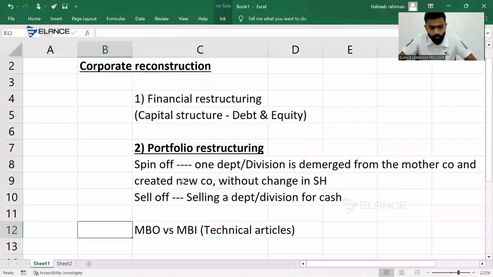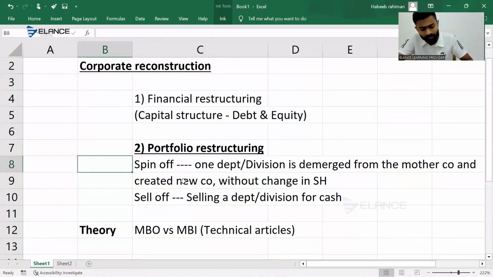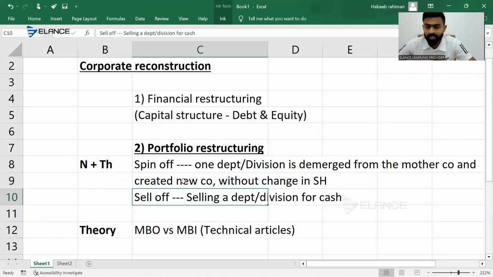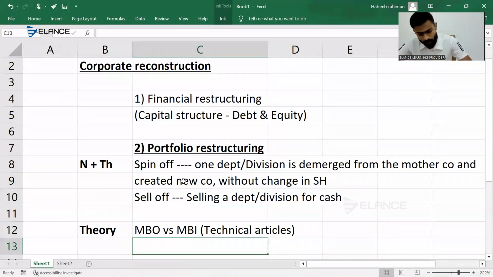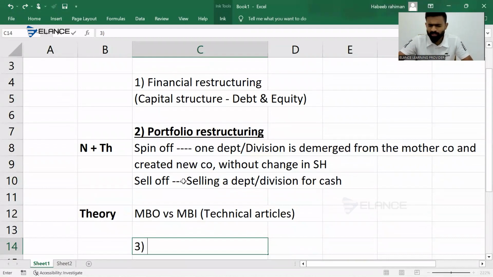Yeah, good. So this could be a theory question, but the spin-off and sell-off could be a starting numerical plus theoretical question. So we are going to focus on these areas, spin-off and sell-off. There is one more restructuring which has a very low probability of getting a question. It has only been tested once as a theoretical area, which is